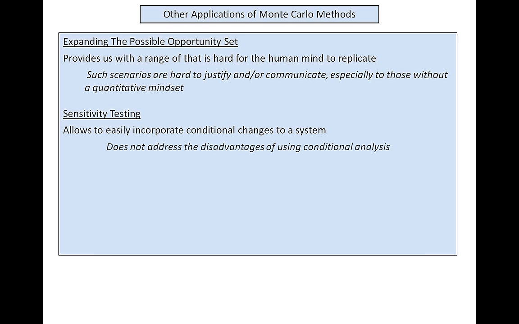Conditional analysis is hard to extrapolate, to be honest, in the sense that if you use conditional analysis and change one parameter out of, let's say, 5, you don't actually know the correlations between those 5 parameters, and you don't know the particular combinations of those parameters that are more plausible than others within the setting of a Monte Carlo model. And it's very important to understand that while Monte Carlo methods can help you understand the conditional changes to a system, they still don't address the problem of conditional analysis.